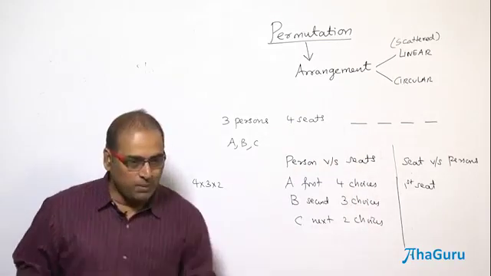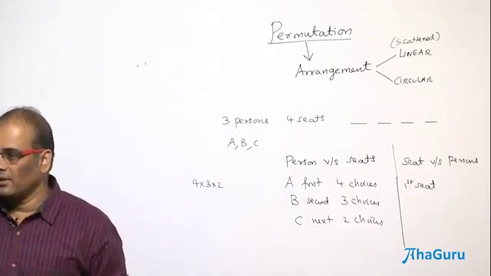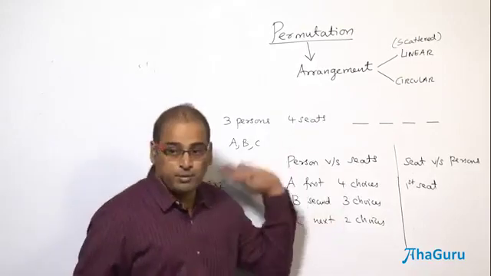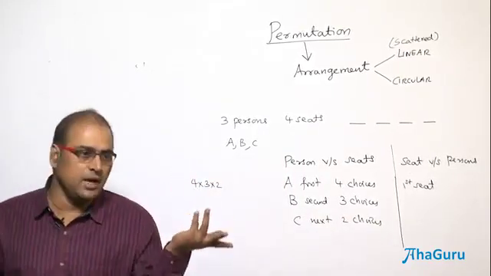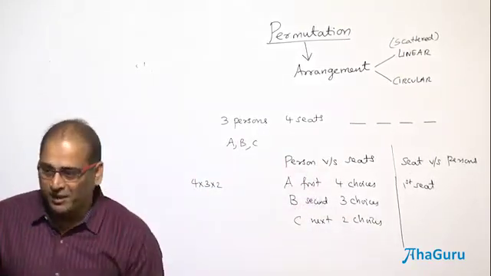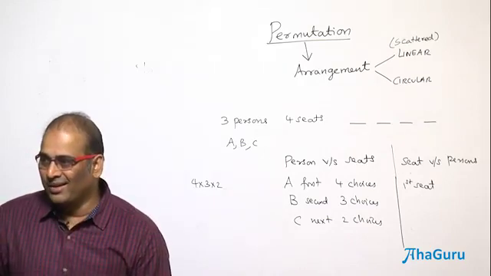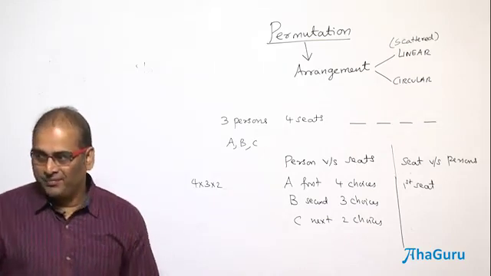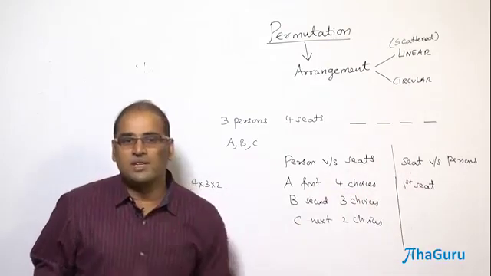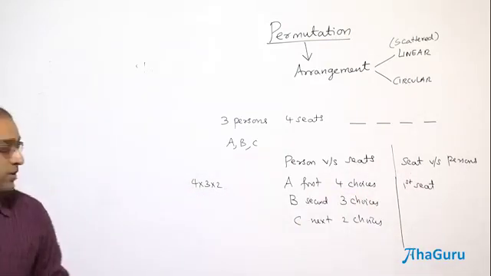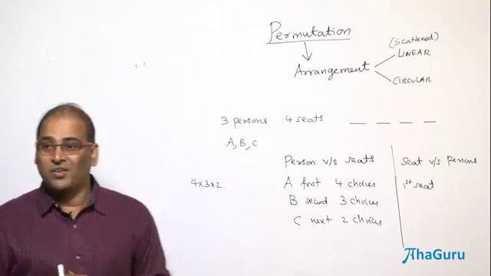Therefore, this is a problem if you go from seats versus persons, because you can't say the seat will be occupied by any one of the 3 persons. The seat need not be occupied. The other 3 seats might be occupied. You understand or not? Clear? So therefore, we can't do the seats versus persons. It's a suspense. But we can do person versus seats.